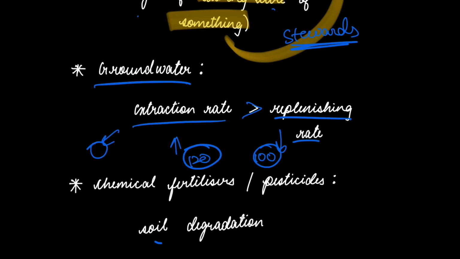For now it may be fine, but at one point of time it will become difficult to fulfill this gap, and it will lead to depletion. We will not find groundwater as well. We'll see that in the Punjab case as well. So we have to make sure that the extraction rate is either less than or equal to the replenishing rate, because if it's not matching what we are using up, then it is a problem for the future generations itself.